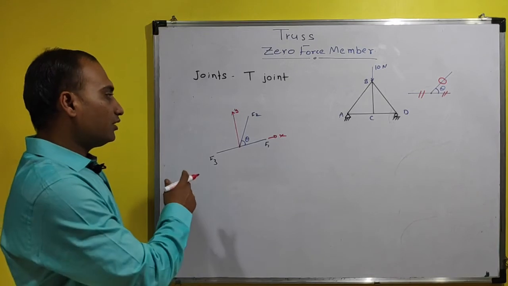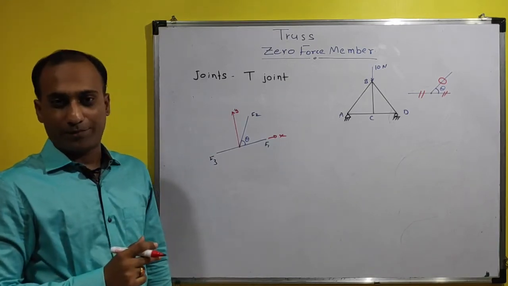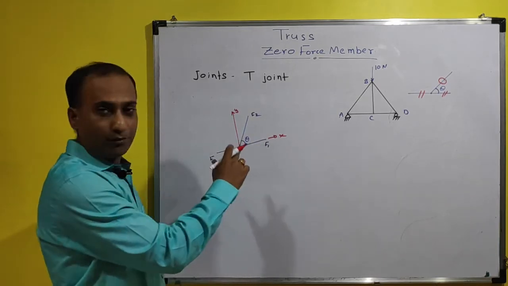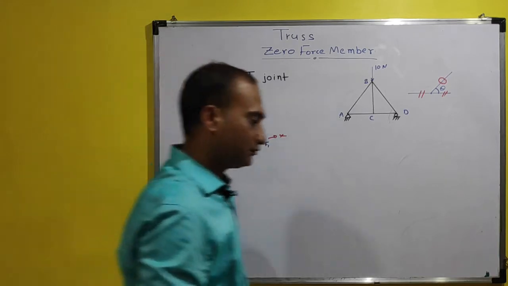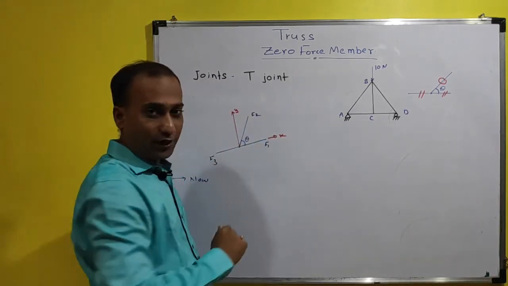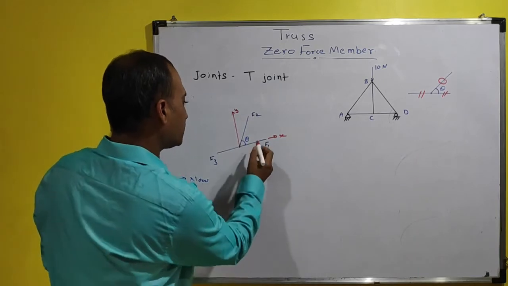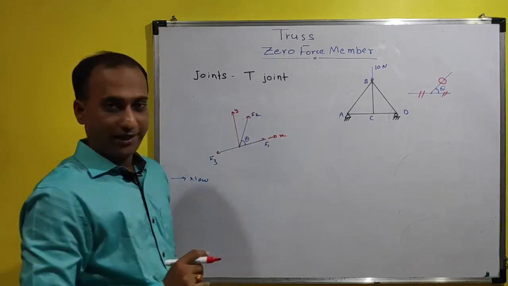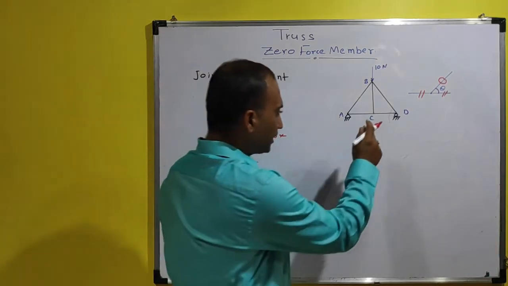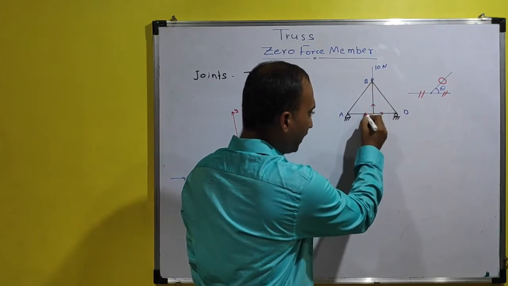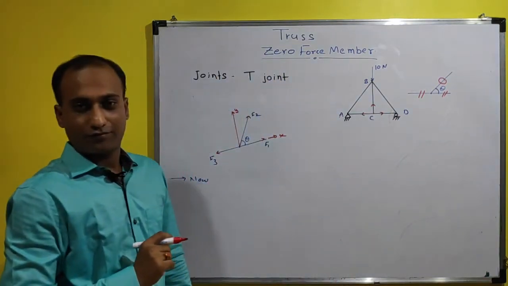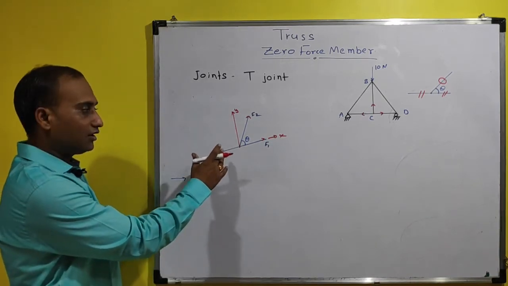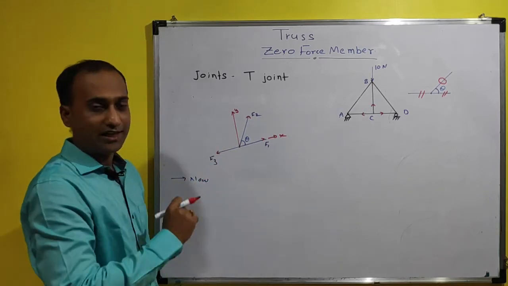Then we will apply the conditions of equilibrium. As we know, if the system has to be in equilibrium, then we apply the conditions of equilibrium to this system, and let's see what will happen. After considering the directions X and Y, we will consider the direction of forces. Let's say F1 and F3 are like this, and F2 is like this. Each member will have forces in it. Similarly, we consider the T junction like this, with the forces in this direction.